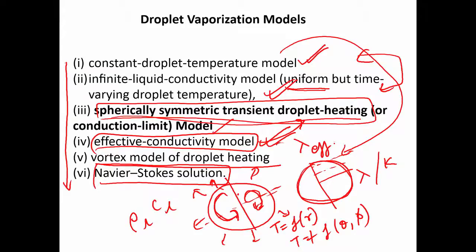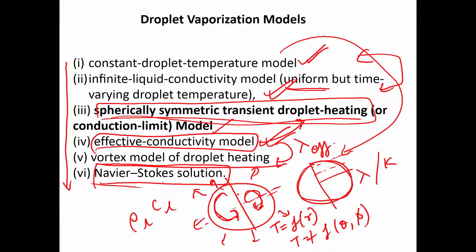If you want to have a little bit more fidelity, you can use the vortex model, in which you actually impose a flow solution within the droplet, and then you solve the energy equation using the velocity term, the convective derivative term. And then you of course have the Navier-Stokes equation, which is the full-fledged solution of the same. So, given this prelude, let us now look at the first of the problems, that means the droplet vaporization,